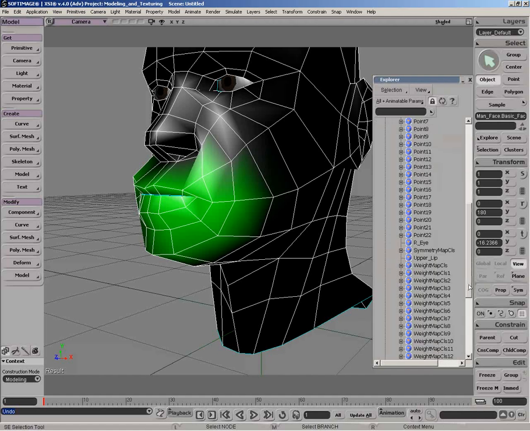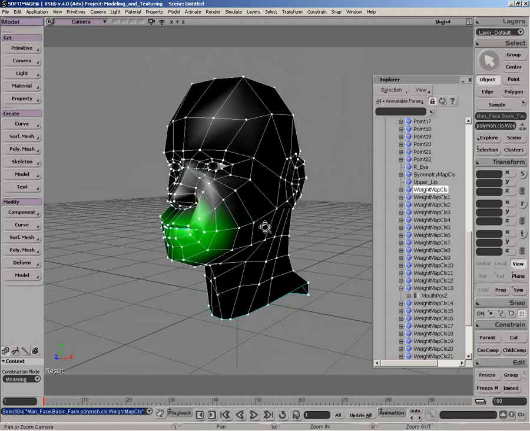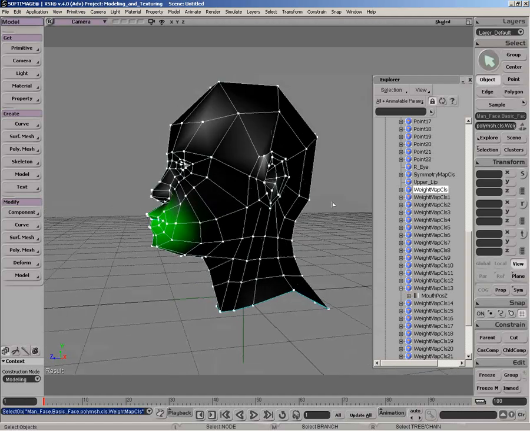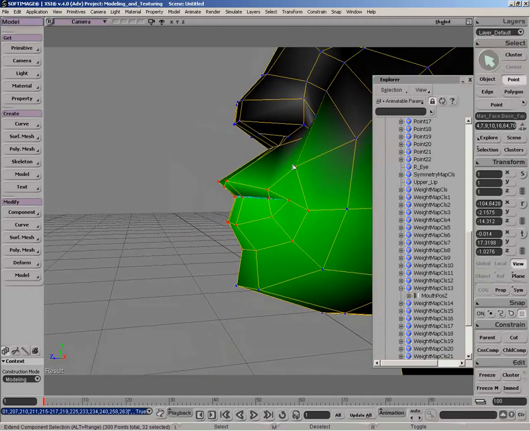So each of these weight maps has been defined by a cluster. The cluster can be the entire object. The benefit of defining a cluster of a smaller area is that you know the boundaries. I.e., if I were to select just this mouth here and maybe just make it for the lips, like so,